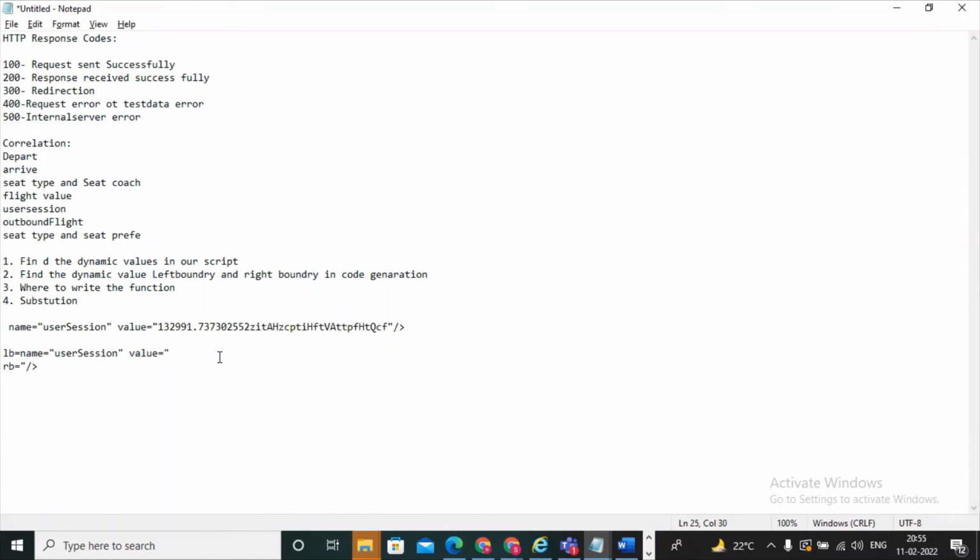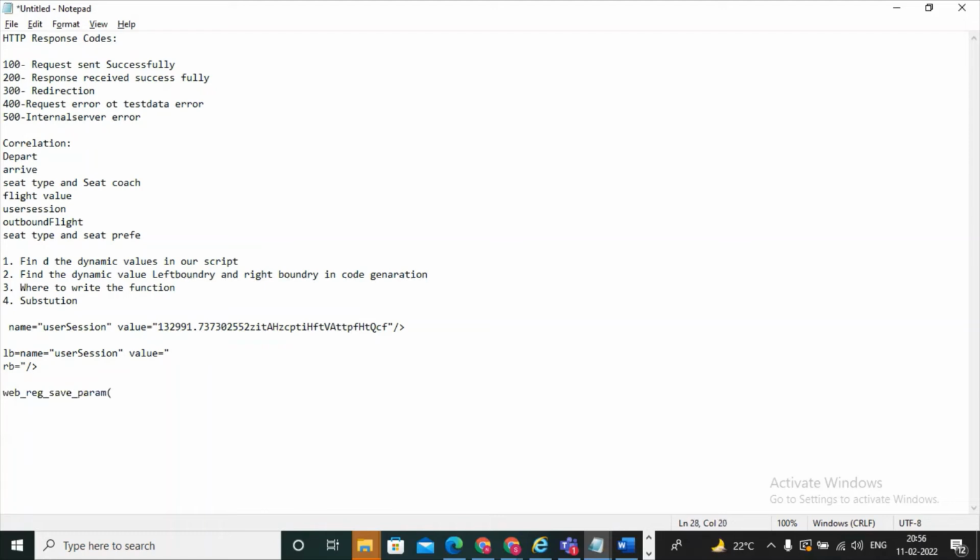Okay, then the next process: where to write the function. For this we need to write a function. There are different types of functions, but this is manual correlation, so we write the function web_reg_save_param.